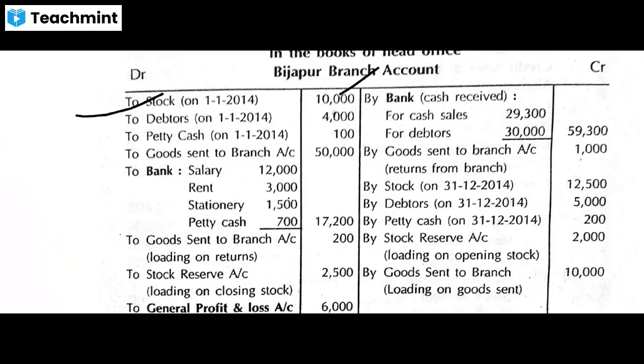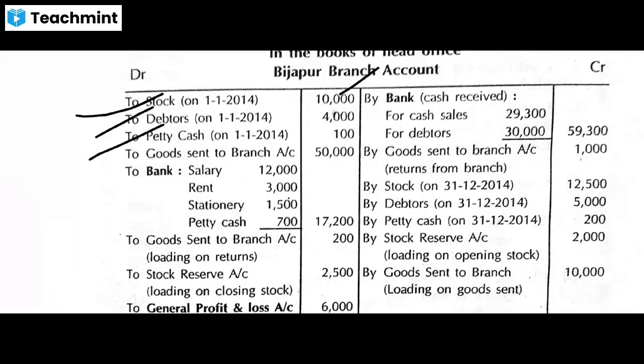And to petty cash, the petty cash means for small expenses purpose, the head office can send the cash to the branches, that is called petty cash. The opening petty cash will be treated in the debit side, closing petty cash will be treated in the credit side. Then to goods sent to branch, in this problem they are provided the goods sent to branch